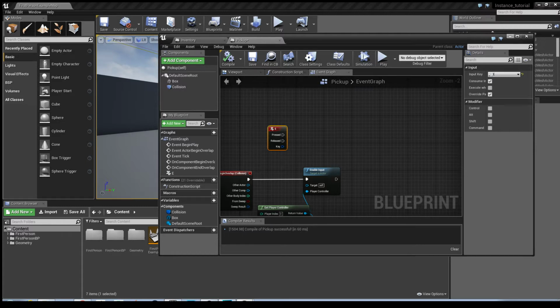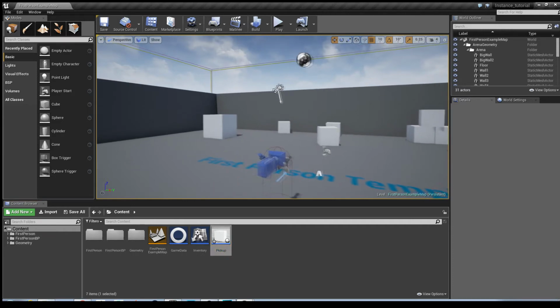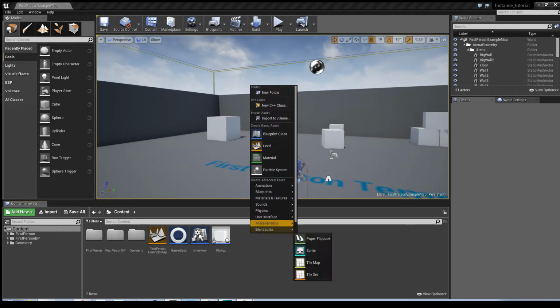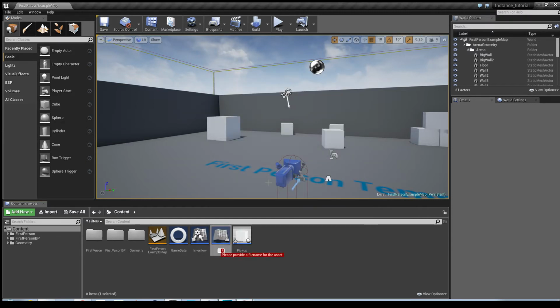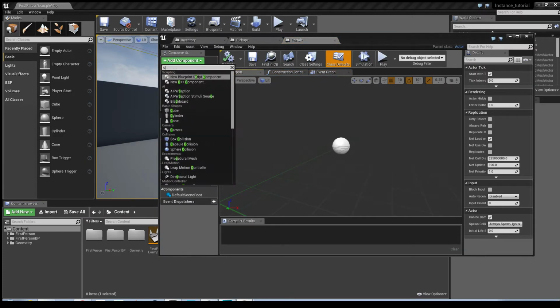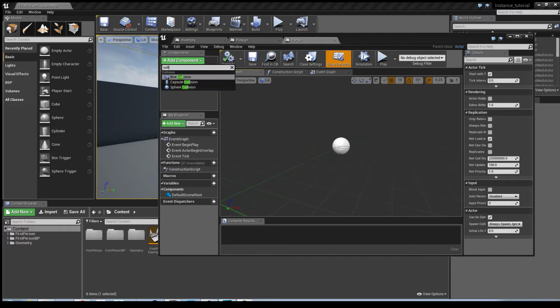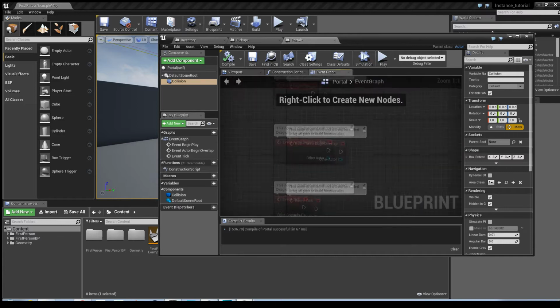The next blueprint I want is a portal to the second level. So again, right click in the window, choose an actor, and we'll call that portal. Now, it doesn't need to be too technical for this. All it is, if I can spell, is a box collision. Hit compile, go into the event graph,